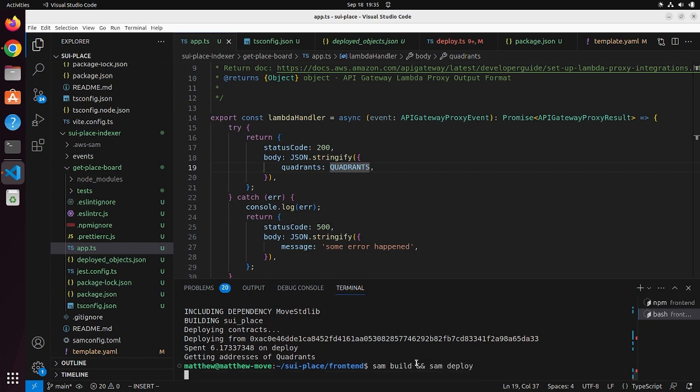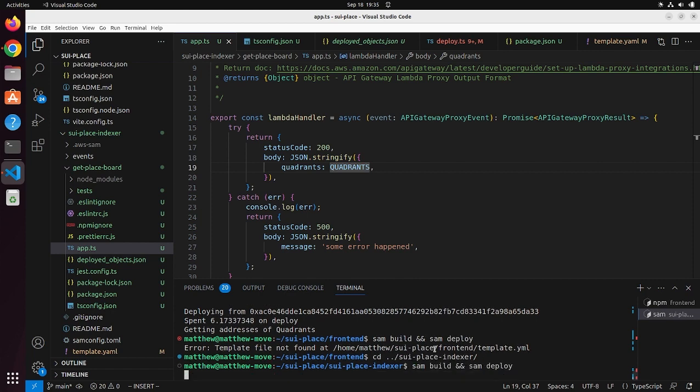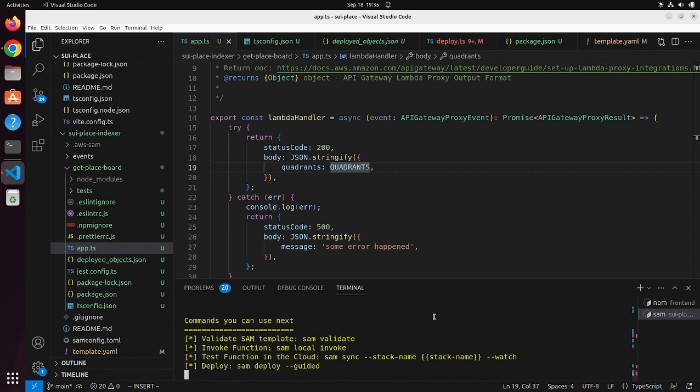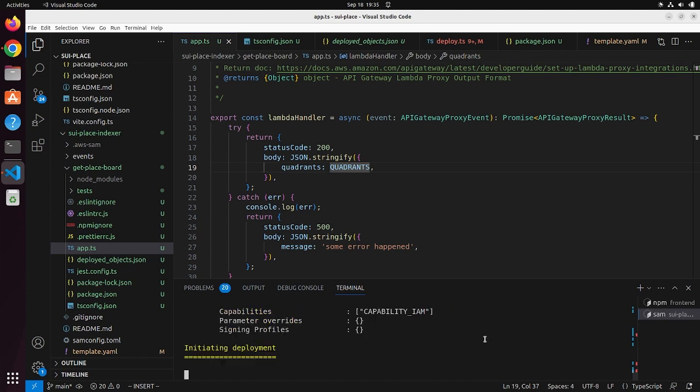Sam deploy. Whoops, wrong folder. This double ampersand runs the first command, waits until that command finishes, and then runs the second command. So you just don't have to type them one after the other. It's just a little bit quicker. And once we refresh this get place board, you can see that yes, in fact, the Lambda function can see